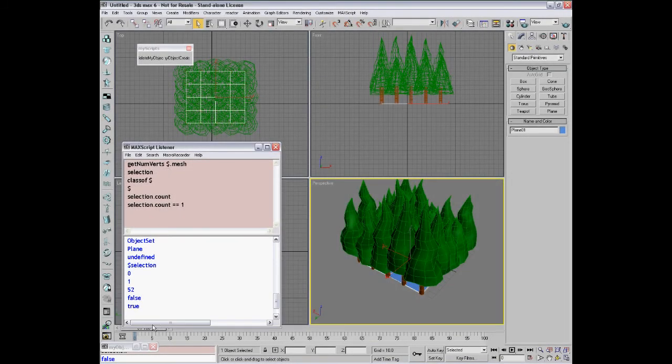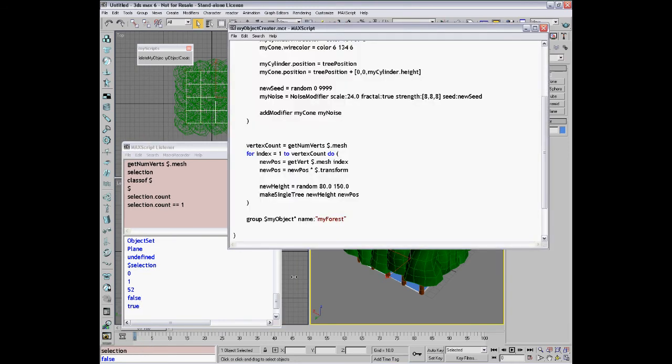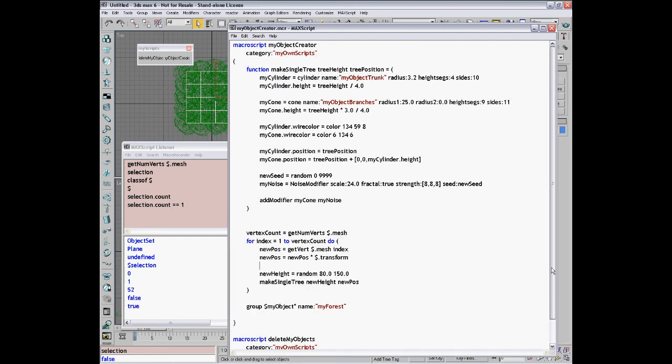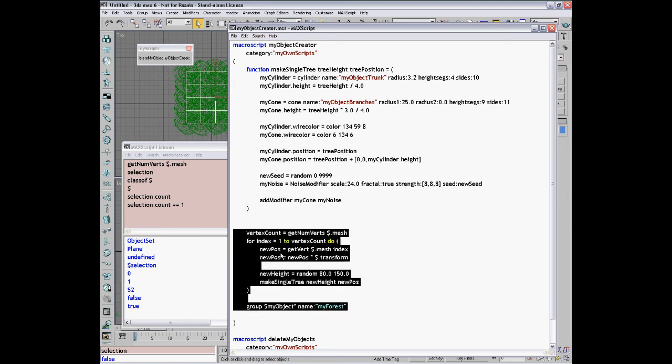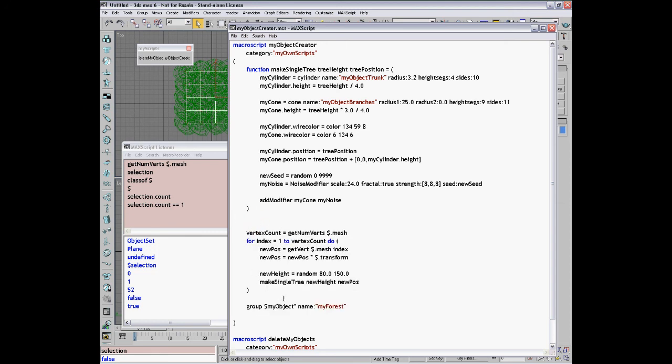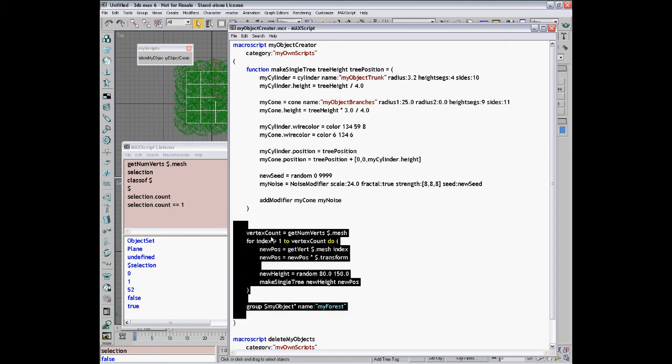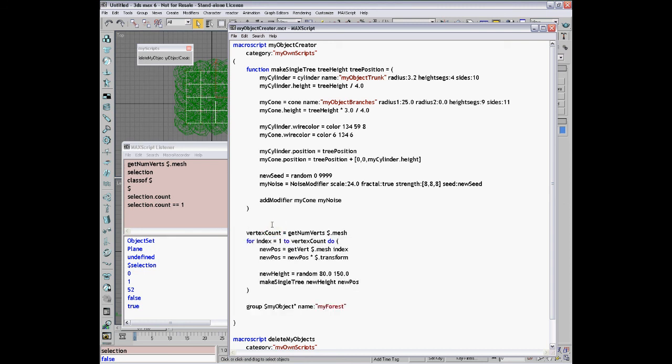So let's add this conditional statement to our script. Our script looks something like this. We have the function definition, then we have the code that calls that function for each of the vertices, right? Now, we just basically want to skip these lines here in case the count of the selected objects is not 1. So I'll put the conditional statement here: if selection.count equals